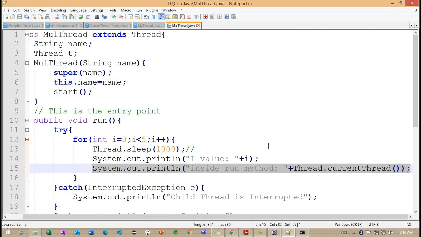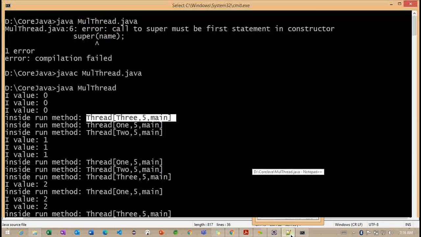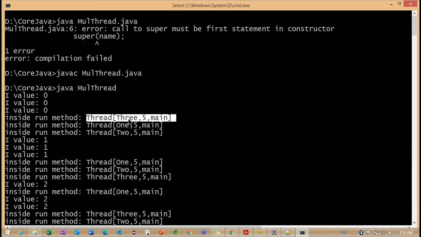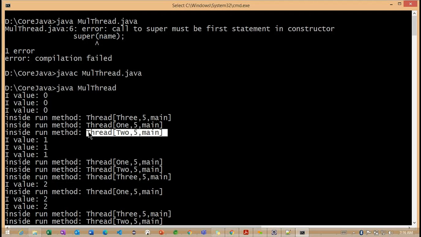So this is a simple example. We cannot predict how the thread objects will be created and how the threads are going to work internally. So first the third one is executed, later the first thread is executed, and last the second one is executed. Getting the point?